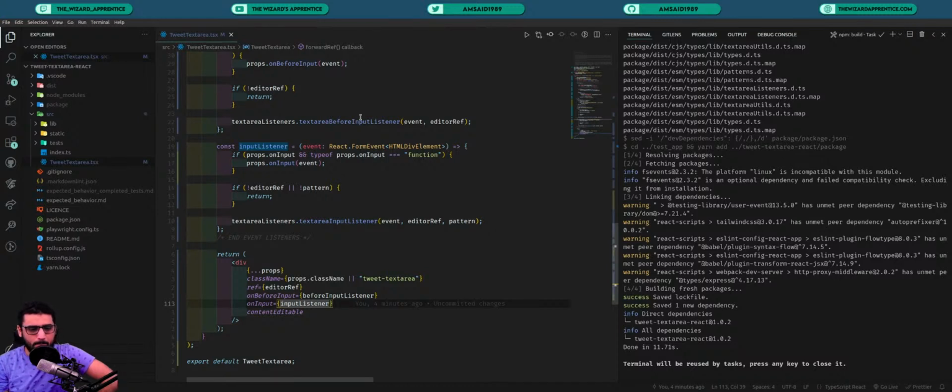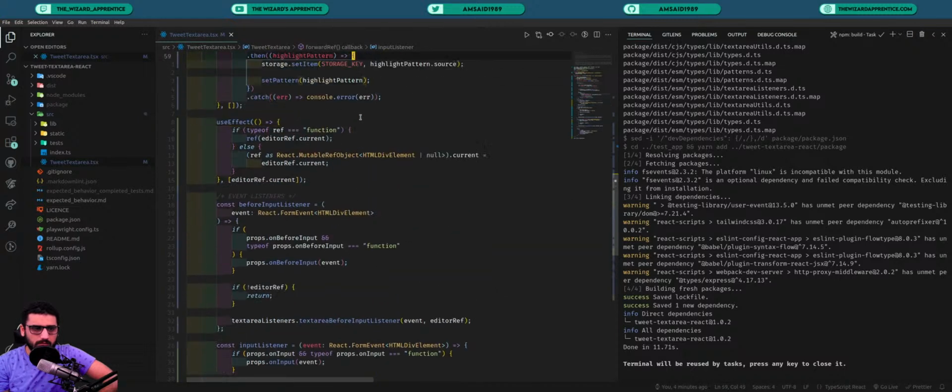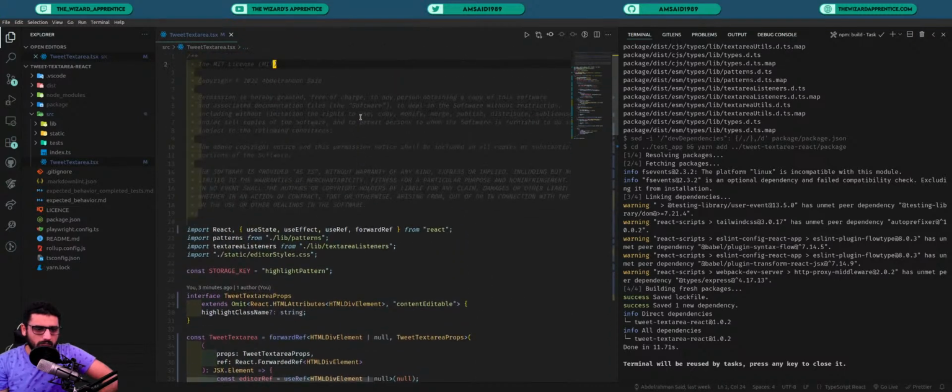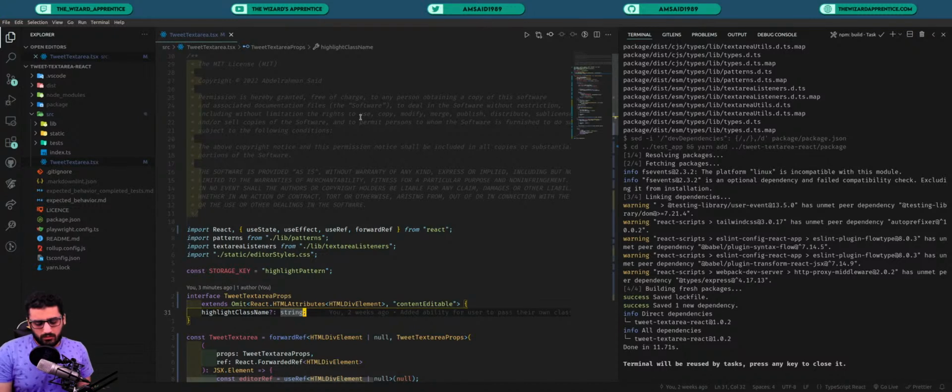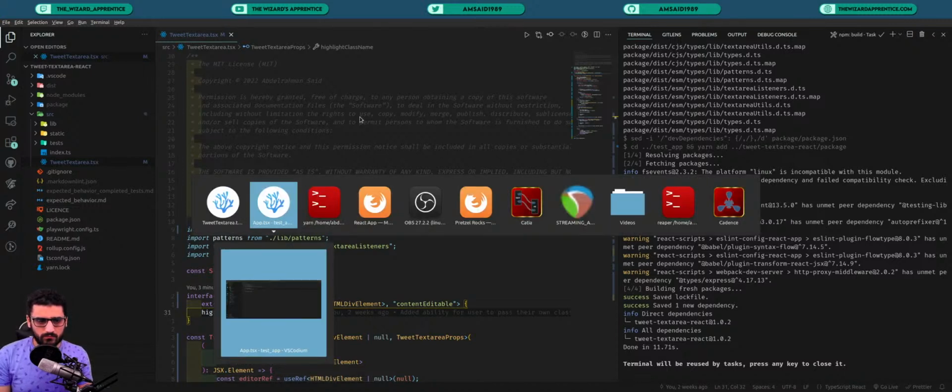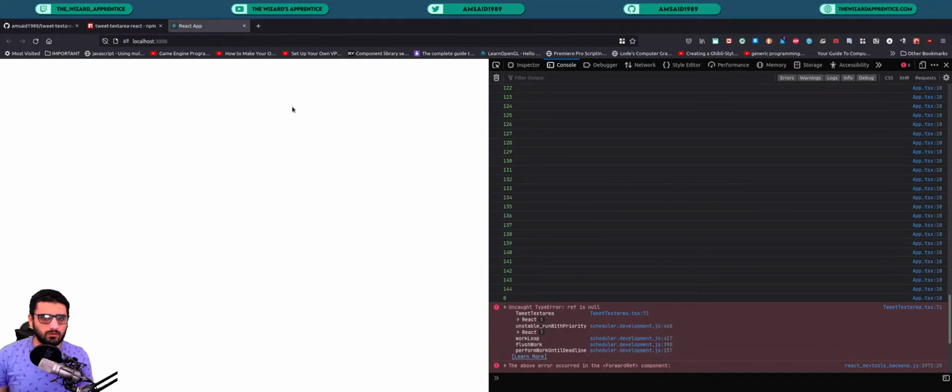So yeah, all of this now works, and we have one more thing to do, which is the highlight class name. As you remember, we said that we want to give the user the ability to override the highlighting style, the same way we've given them a way to